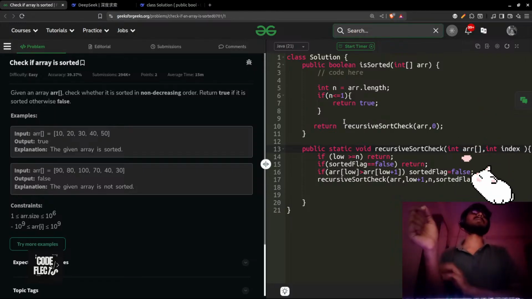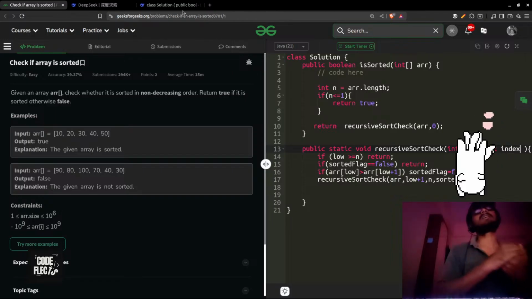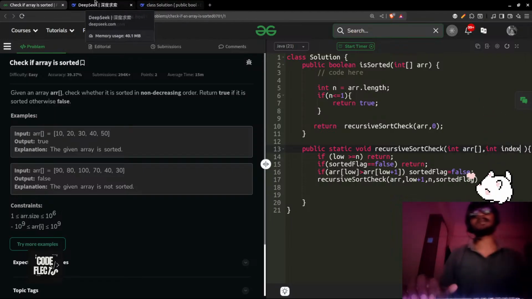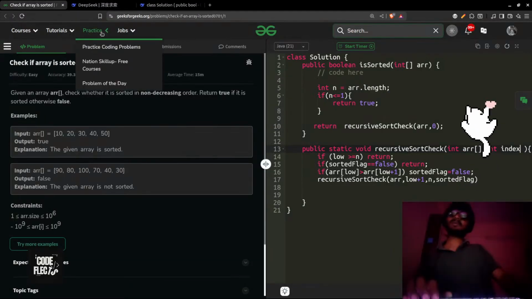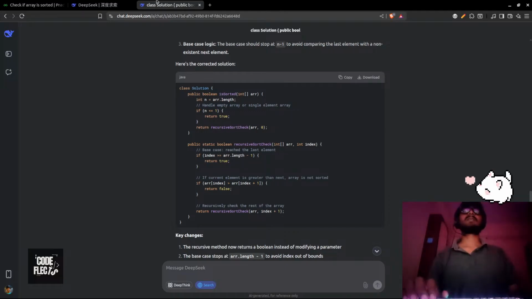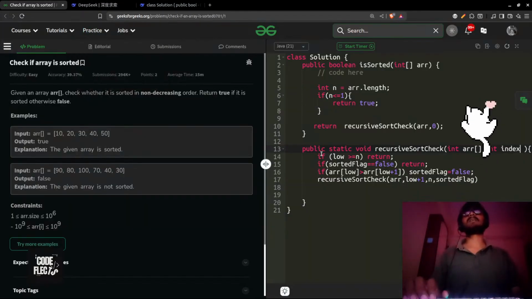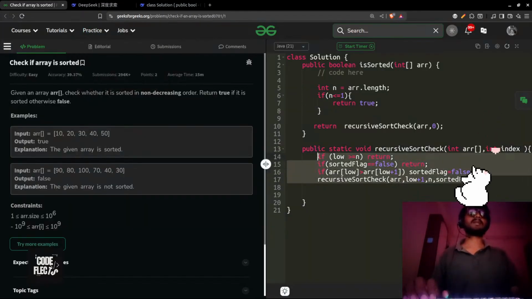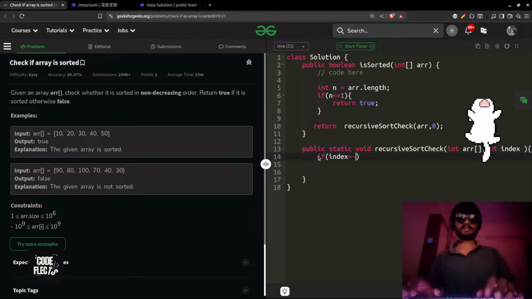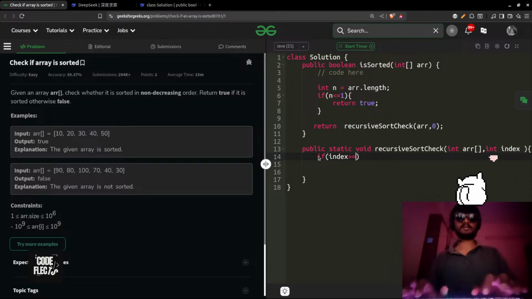Cool. There is an array and there is an index. We have taken an index, we are taking an array. That's what is needed, right? Yup. If index is greater than or equal to arr.length minus 1,